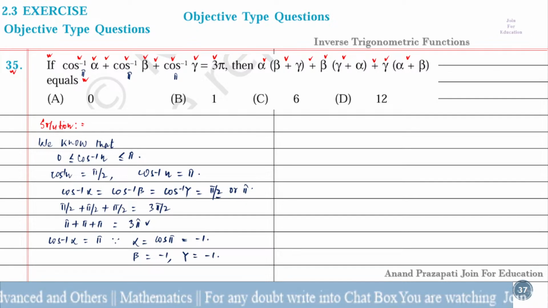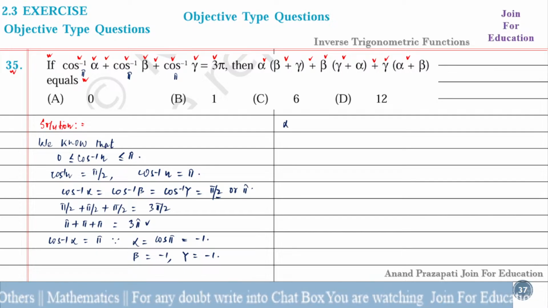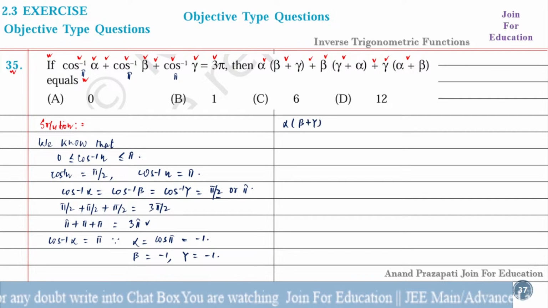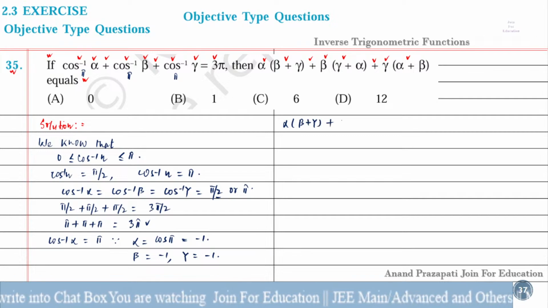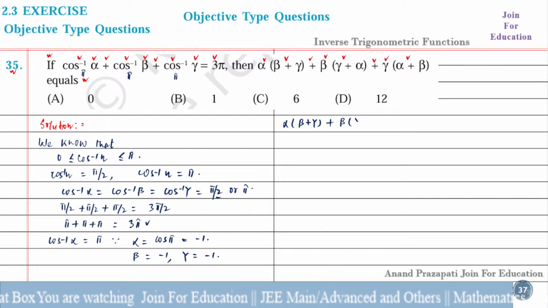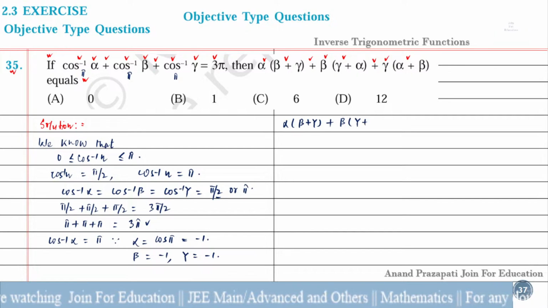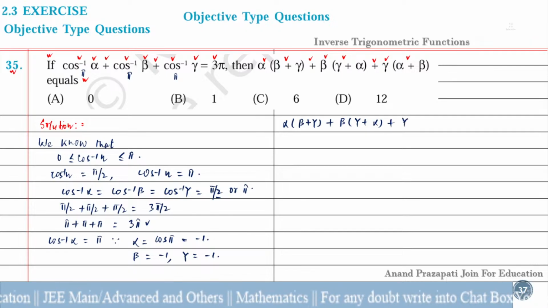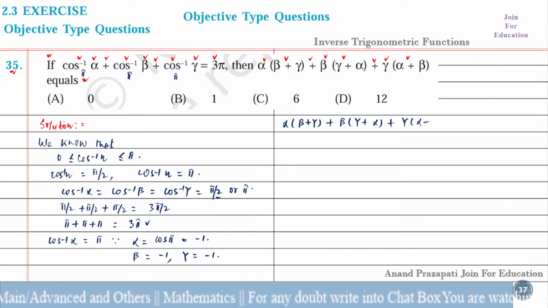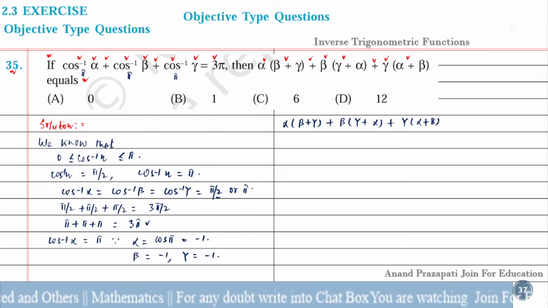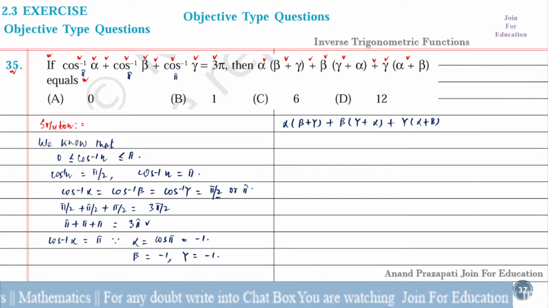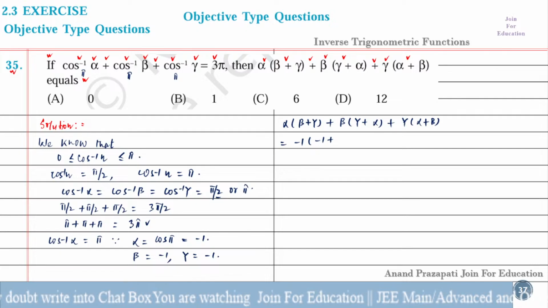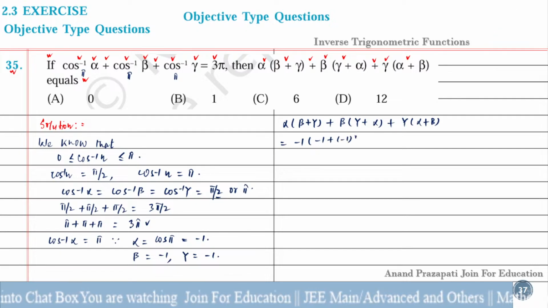So what does this question ask us? Alpha into beta plus gamma, and we write down here plus beta into gamma plus alpha, and plus gamma into alpha plus beta. Now putting the value of alpha, beta, gamma, we get here -1 into -1 plus -1